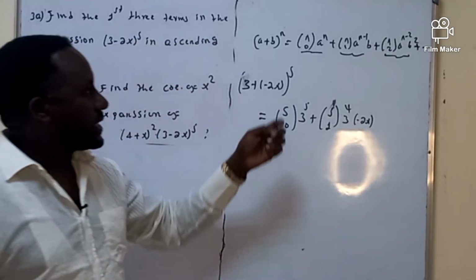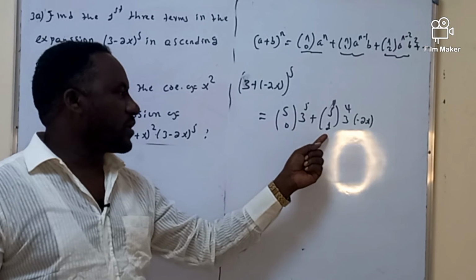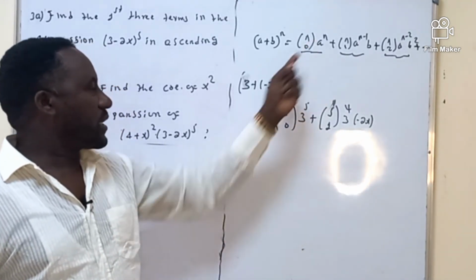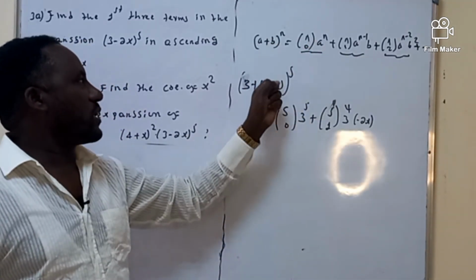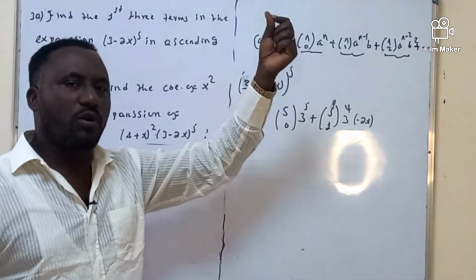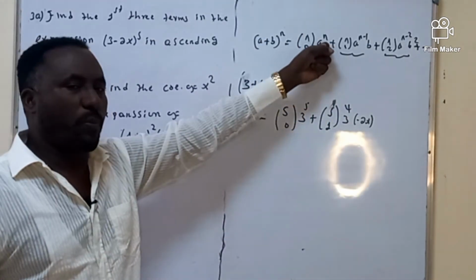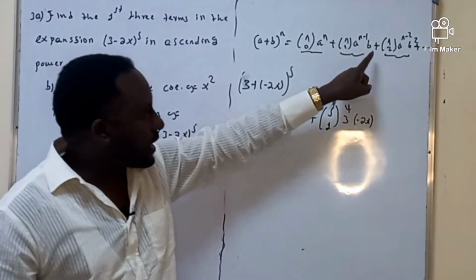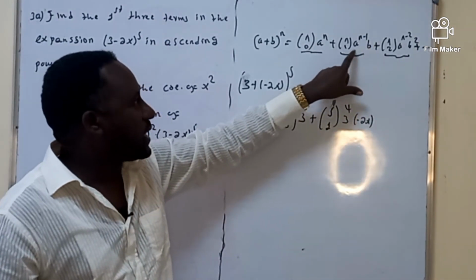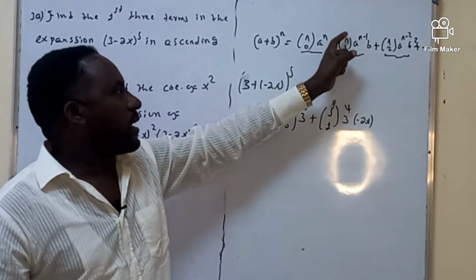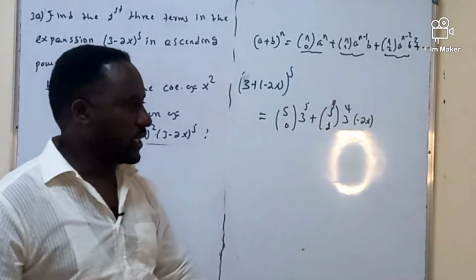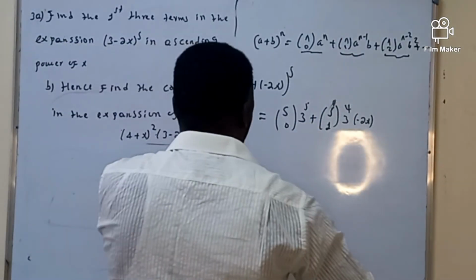Because you know that the exponent for the second term is going to be this one. In the first case, the exponent of b is 0. b raised to 0 means 1. That's why we didn't put b here. For the second, the exponent for b is 1, and a means n minus 1. This is the difference of this one. So it is going to be like this one. Plus